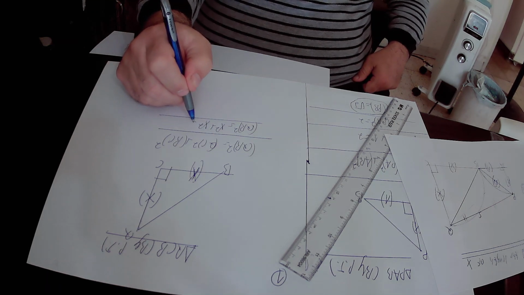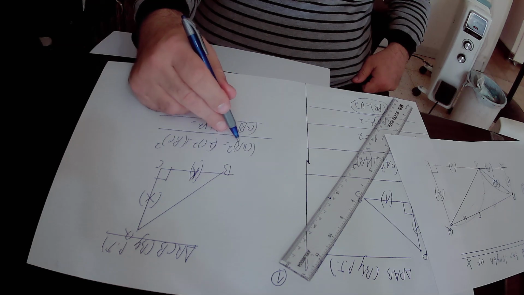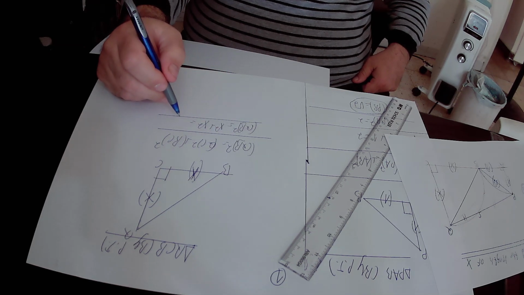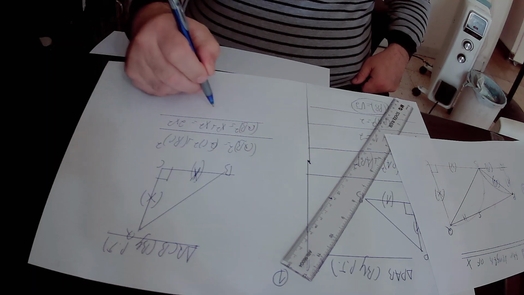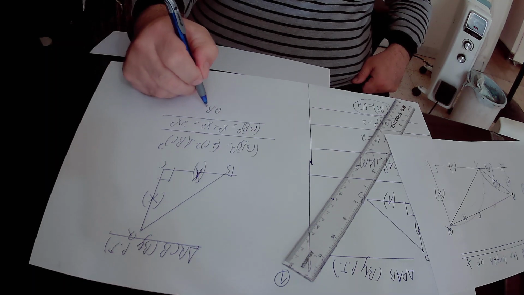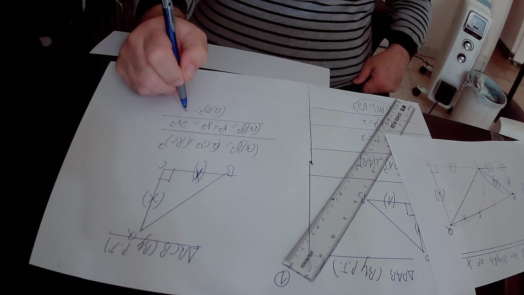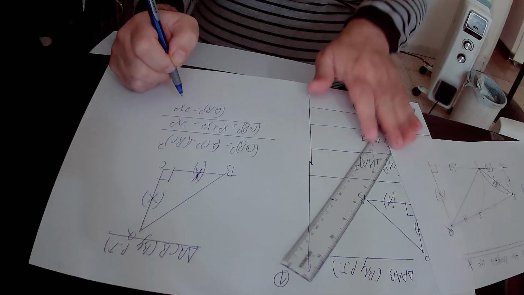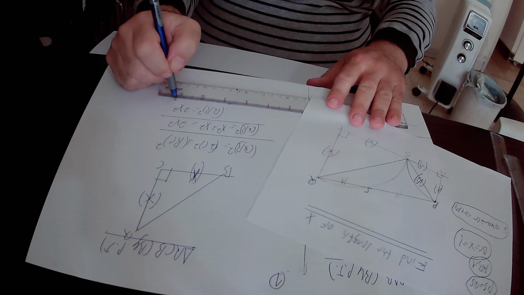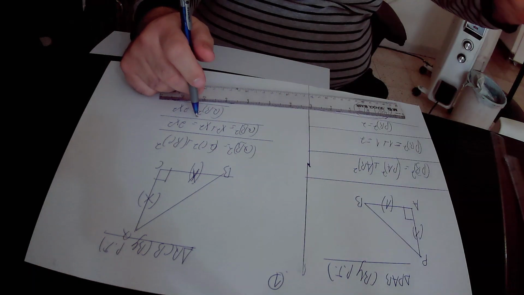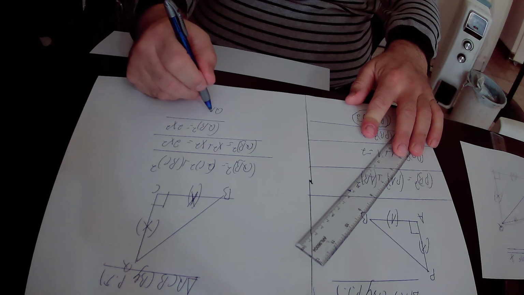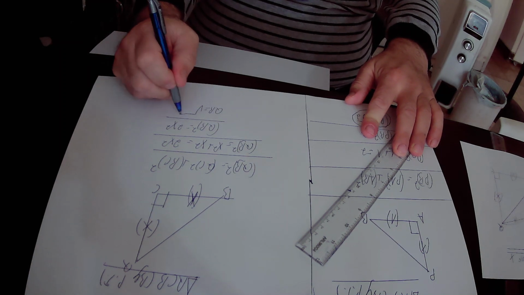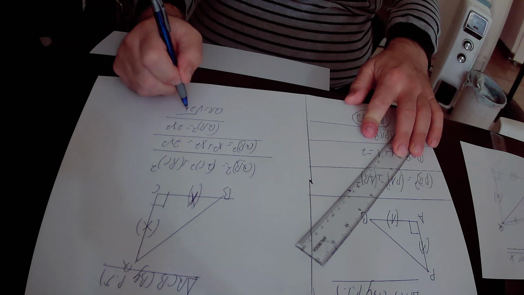So in total, QB squared equals x squared plus x squared, that is 2x squared. QB squared equals 2x squared. We take the square root of this equation, and we get that QB